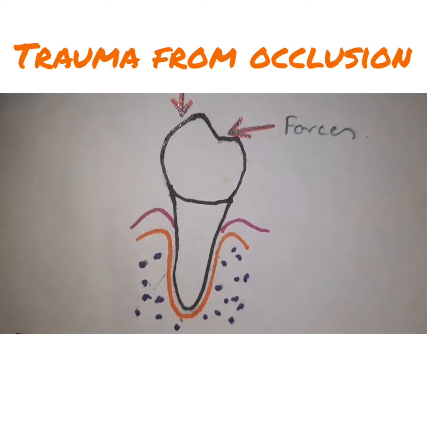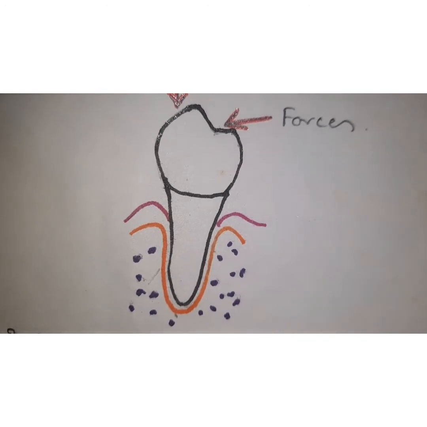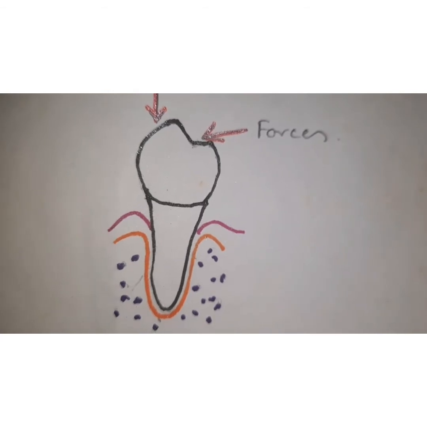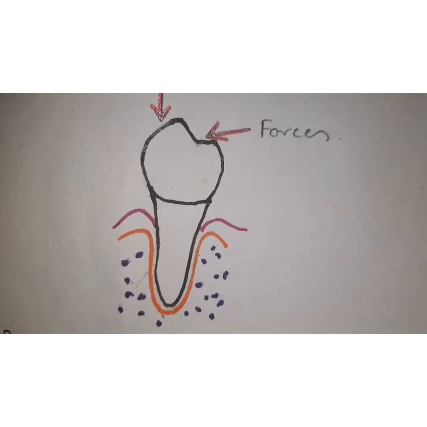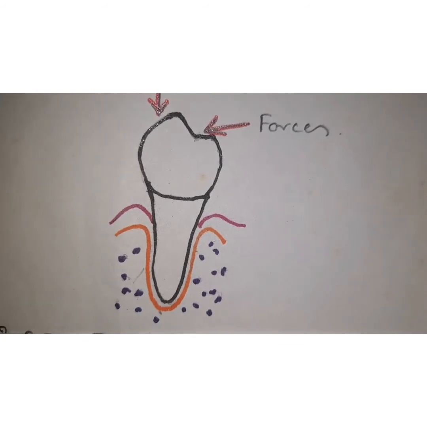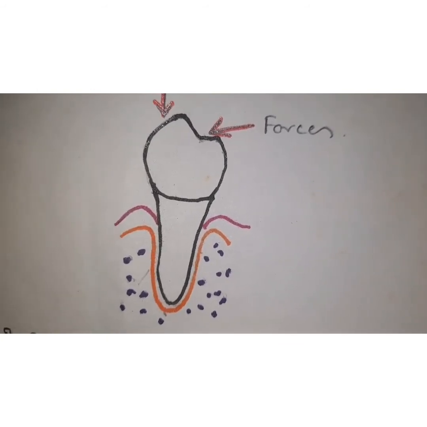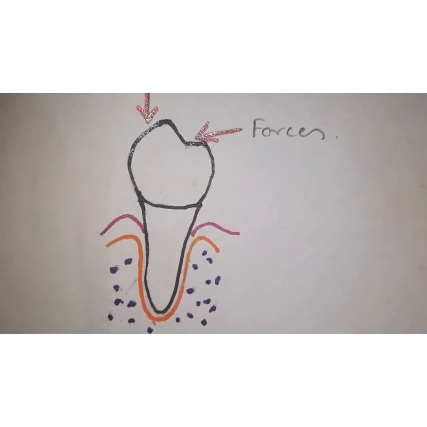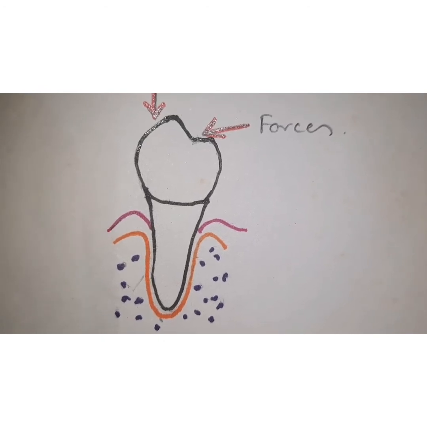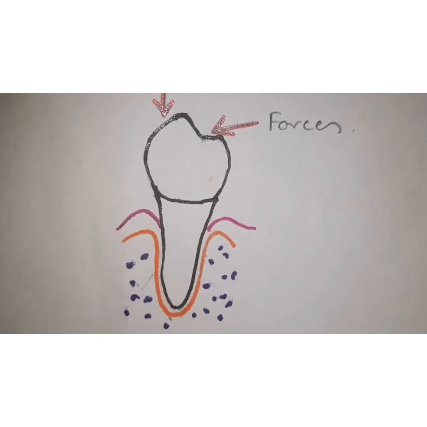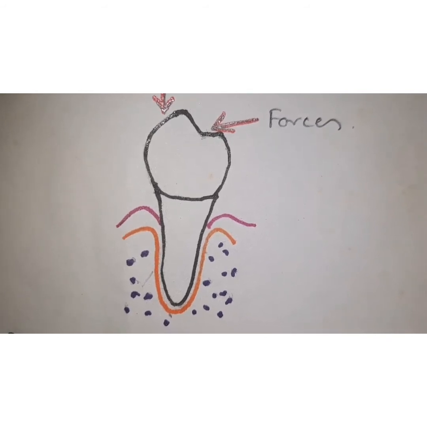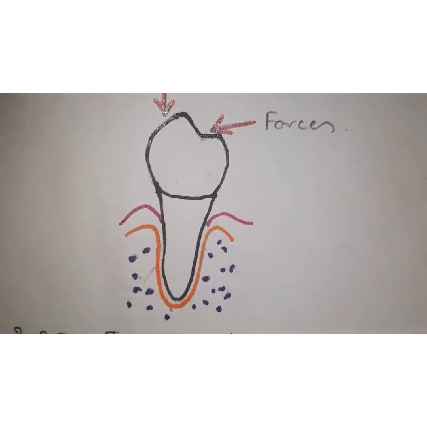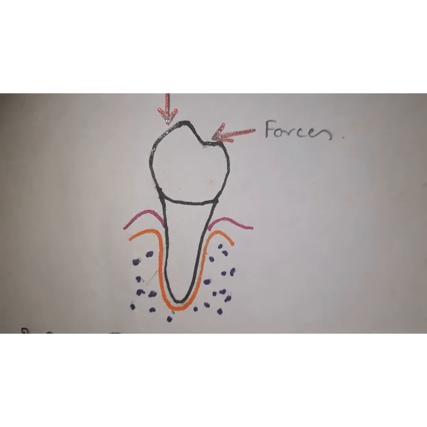Now trauma from occlusion refers to a type of tissue injury which is produced because of the functional forces. Ideally the tooth should be subjected to vertical forces which are directed along the long axis of the teeth, but because of certain reasons there may be horizontal forces or leverage forces. So clinical signs which suggest trauma from occlusion are excessive tooth mobility. You can have angular or vertical bone loss, or there could also be pathological tooth migration, and you can have infrabony pockets. So these are all the signs which we can see with trauma from occlusion.